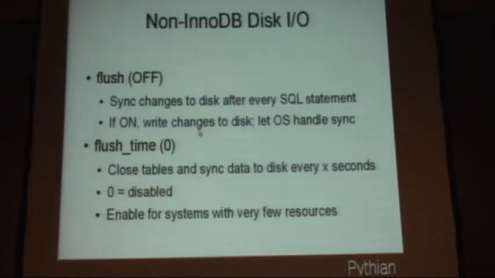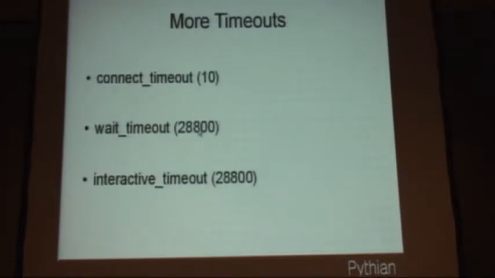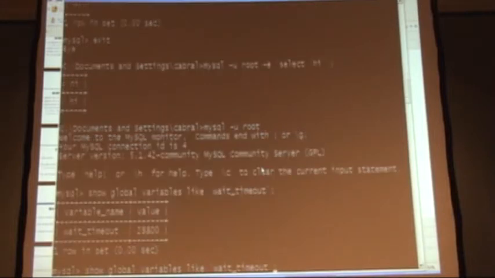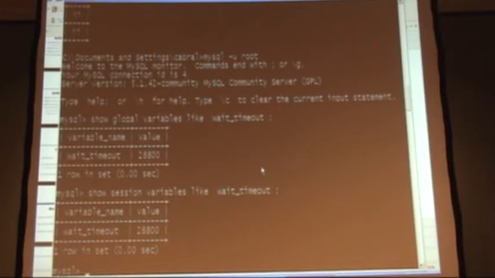So, yes, question. Wait timeout, if I'm not mistaken, has a different value. Wait timeout is a different value. So the statement was, I think if you do a global variable versus the session variable, it's different. So we can do show global variables like wait timeout, and then show session variables. Is this what you're saying, that they should be different? Or select @